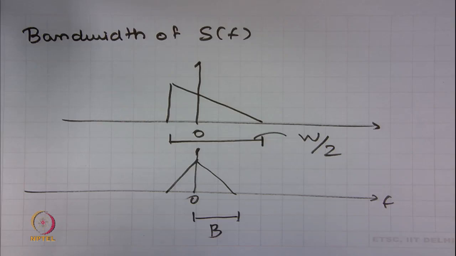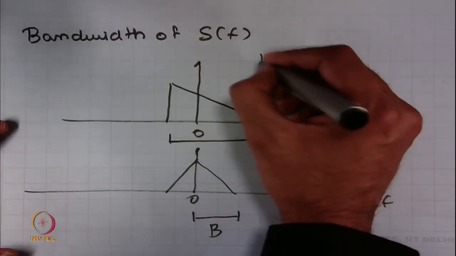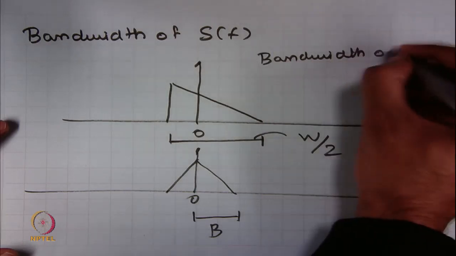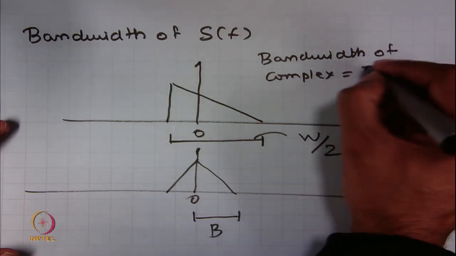However, according to me, the better definition of bandwidth for such signals is the complete two sided bandwidth. So, the definition that we like to use is that the bandwidth of a complex signal is the two sided bandwidth,